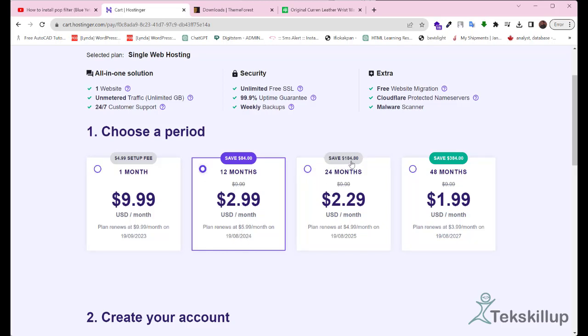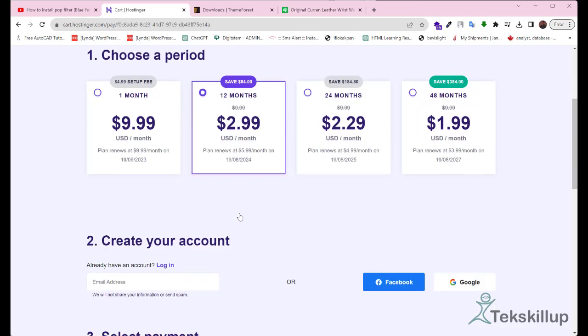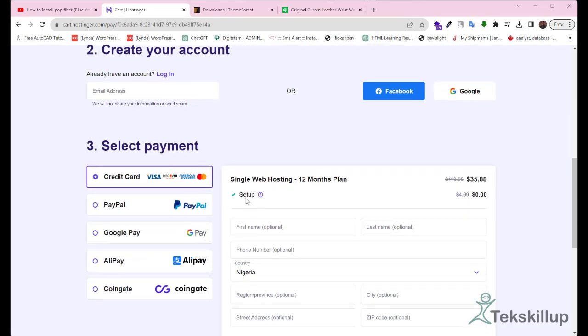Okay. And also you can save up to $184. That's if you want to extend the services to about 24 months. All right. So this is what you are going to be paying at the end of your first year. Right. This is a 12-month plan. Be paying about